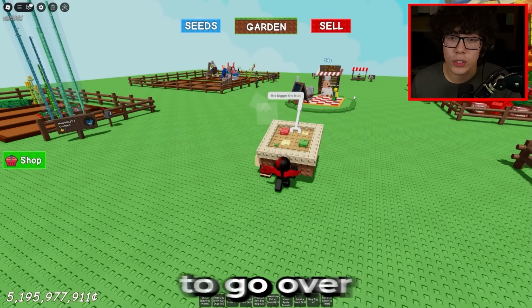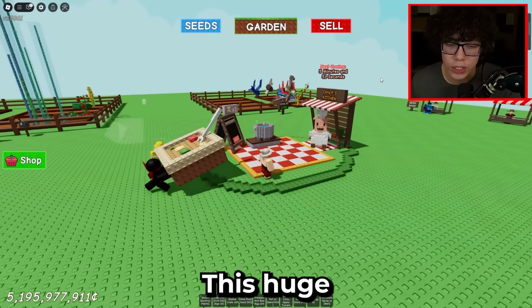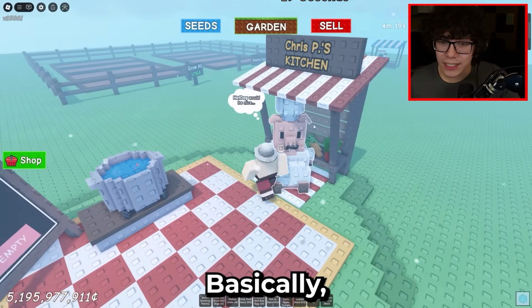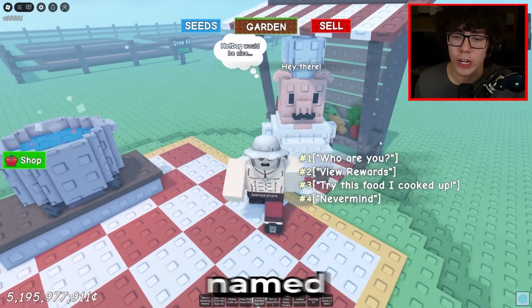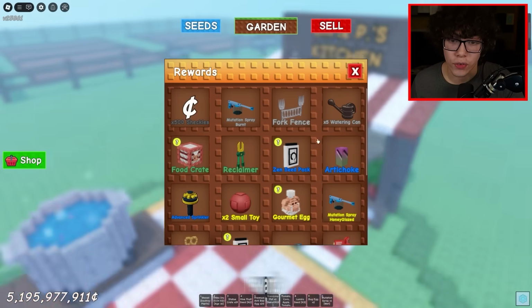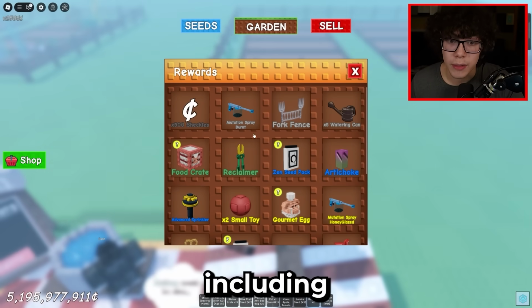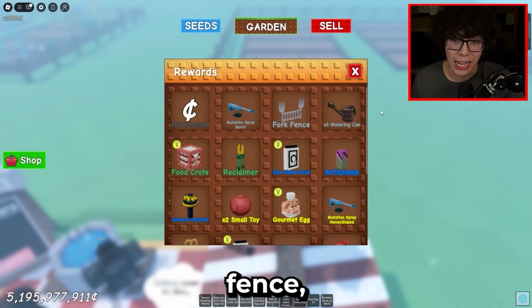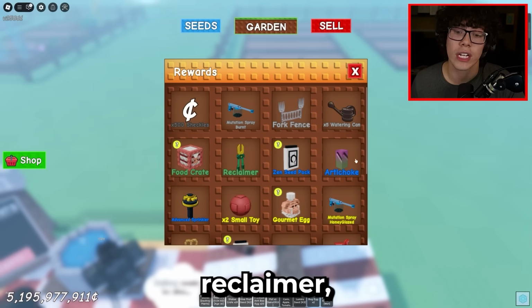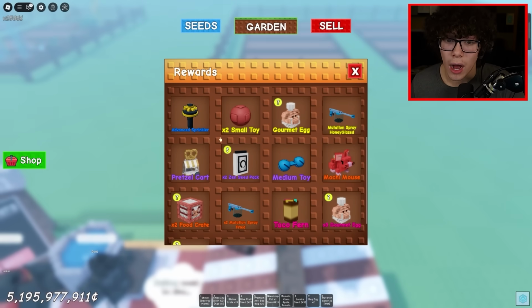Next, we are going to go over Chris P's Kitchen, this huge event in the middle. Basically there's this big pig dude right here named Chris P, which I'm pretty sure stands for Chris Pig. And if you press view rewards, there's a ton of rewards you can actually get from him, including mutation spray burnt, a fork fence, watering cans, food crate, reclaimers, and going all the way up to the mochi mouse,